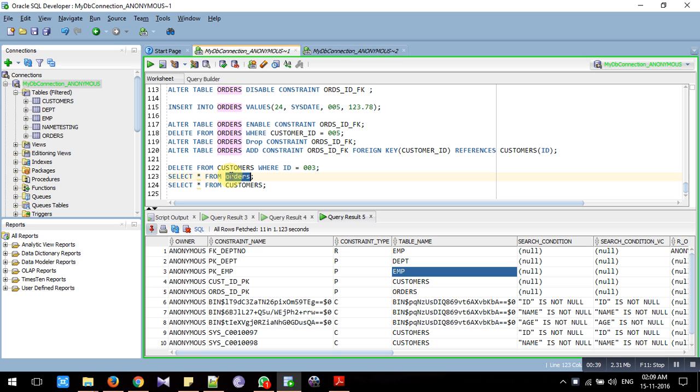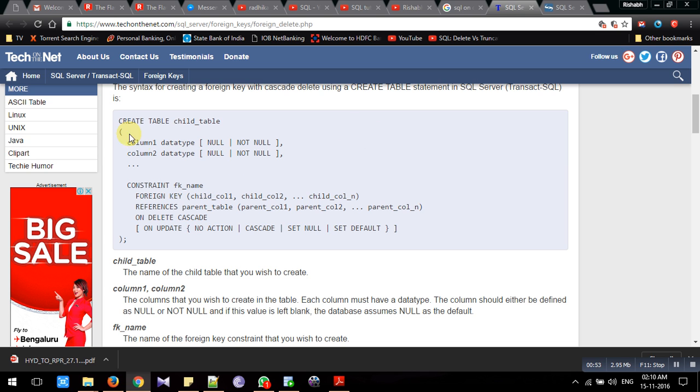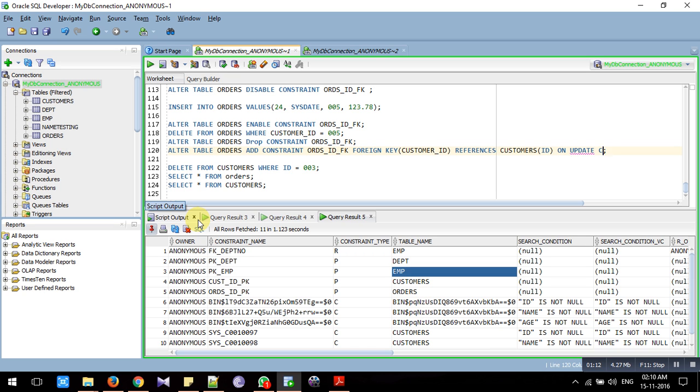So what we have is an option that when you define a foreign key, you can actually just write on delete, or in other case you can write on update and add a condition. For that, this is the syntax: create table, child table, column details, constraint for foreign key name, foreign key, and then the column names, references parent table, and then column names, on delete cascade, or you also have the option of on update cascade. Then again there is another option that is called set null,